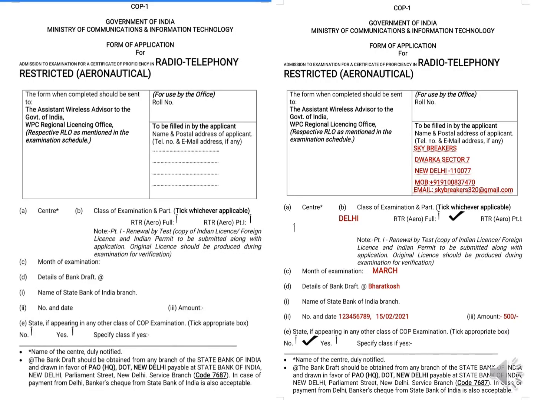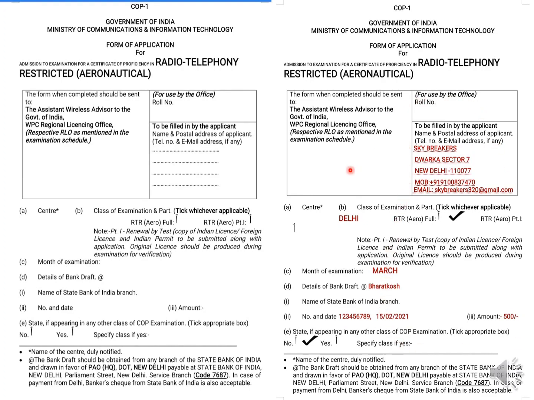Here I am going to explain the application form. There are 6 forms and I am going to explain each form. The application form should not have any corrections. For that, I have given here the unfilled form and the filled form. You can see the red color, which you need to fill. You can pause the video and fill the application form, taking reference from the right side form.